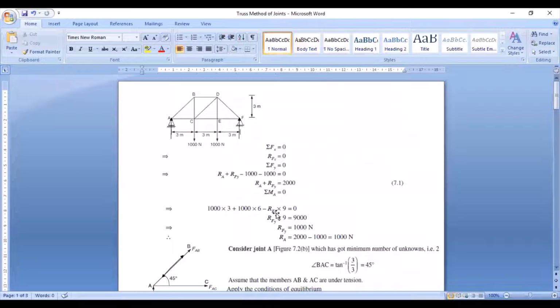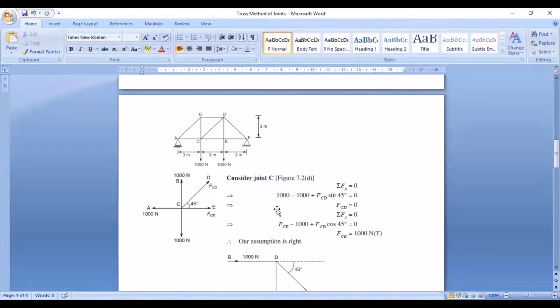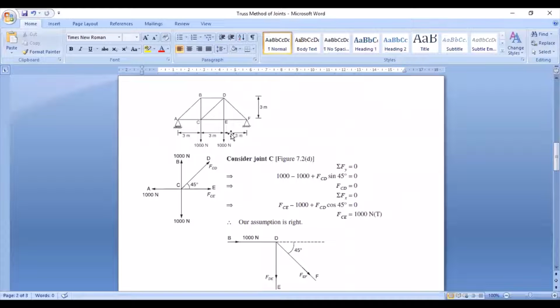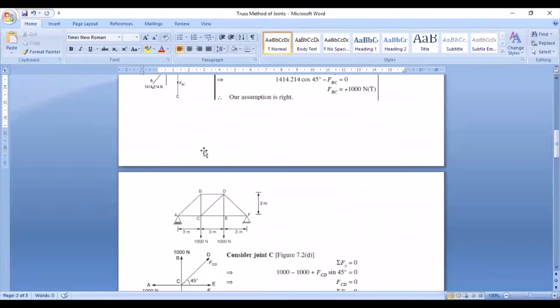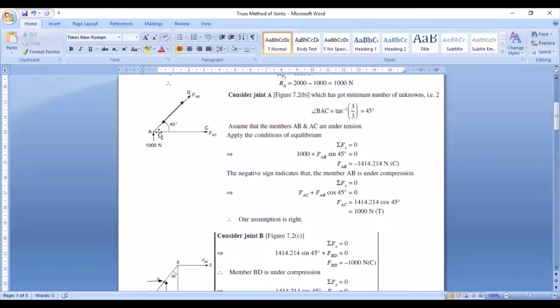Now next which joint? So next we shall go on with joint C now. Okay. When you come down to joint C, you have one vertical force which is acting downwards. Good. AC, you have already calculated it. What was AC actually? Now see, there was an arrow which was, when you consider joint A, it was moving away from A. When you consider joint C, that time also the arrow will be moving away from C.